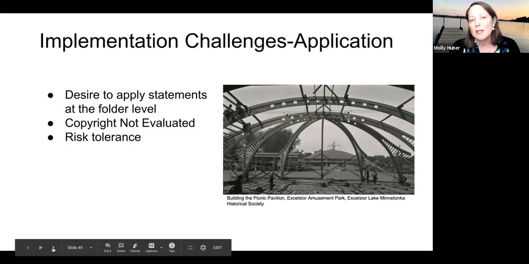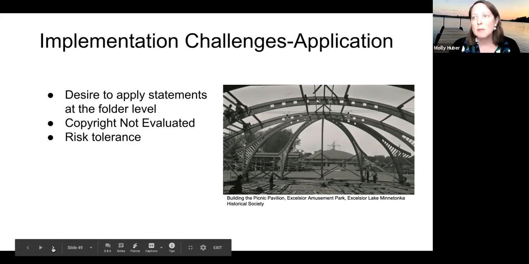Also, there's the issue of the statement "copyright not evaluated" in the rights statements implementation fields, which can be somewhat controversial, just in the sense that it can be easily misunderstood. People sometimes understand it to mean that you didn't even look at it at all. Maybe you are saying that, but you probably have thought about what you're putting up online, at least a little bit. Even if you feel comfortable putting it up online, it may be exposing you to some different risks that you may not be comfortable with, which gets to my next point.